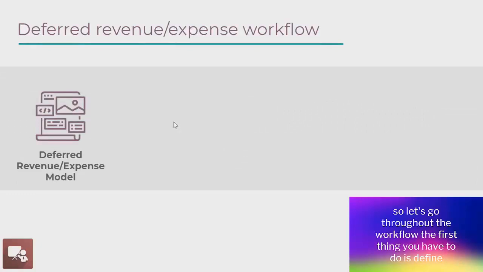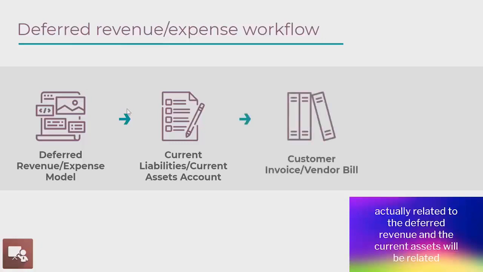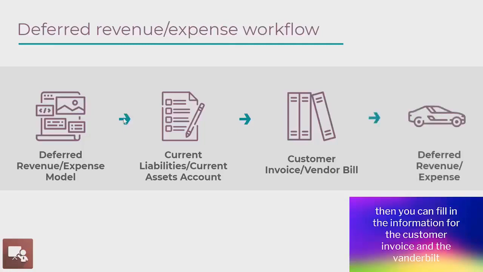Over the next fiscal period in Odoo, the process is quite similar to asset. So let's go throughout the workflow. The first thing you have to do is configure properly a deferred revenue, or afterwards, you need to configure it as the related current liabilities and current assets accounts, so the current